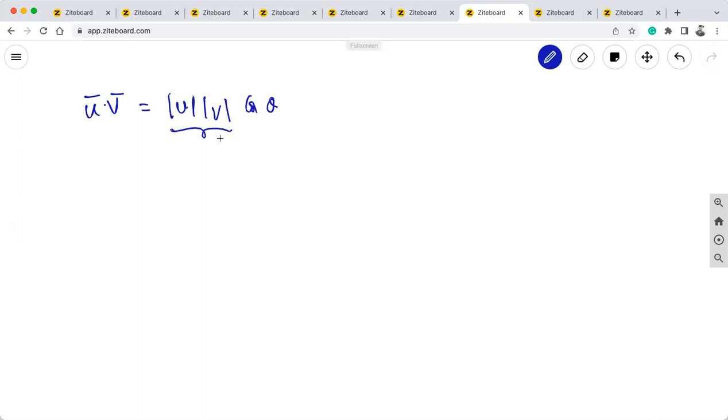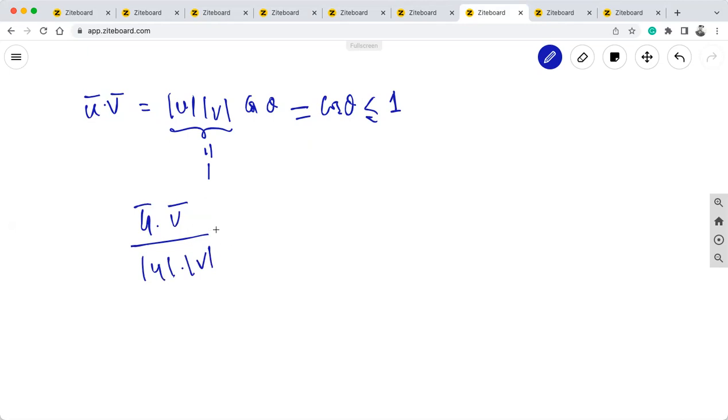If they are 1 each, you have cos theta, and we know that cos theta has a bound. It is less than or equal to 1. It cannot be greater than 1. So combining all these things together, we know that u dot v divided by the modulus of u and v,